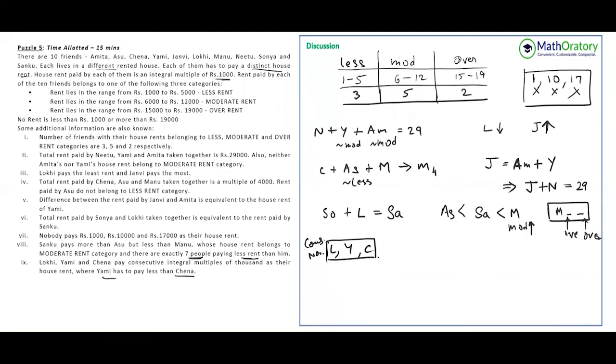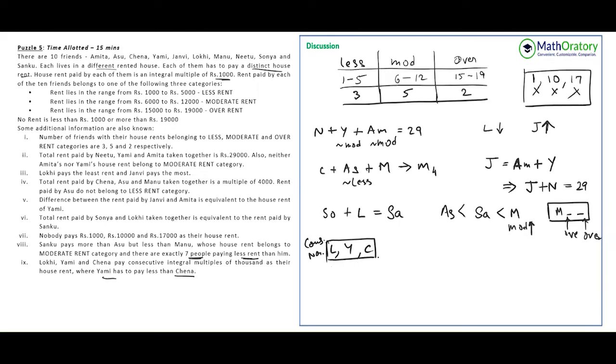So let me explain that a little bit more. Suppose, what is the less rent category? That is 1 to 5, right? So let me put what I'm trying to indicate here. Let's say Loki pays 4, Y pays 5, and C pays 6. Now this is a moderate category, right? Now there are just 2 individuals paying 4 and 5, that is in the less category. Now who pays any? Which will be the third person who pays in the less rent category? Nobody is possible, right? So this cannot be. What I mean to say is, because these are consecutive numbers and nobody pays less than Loki, it can be very easily understood that these 3 are the ones paying in the less rent category.